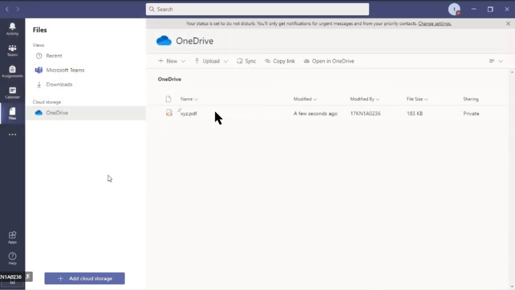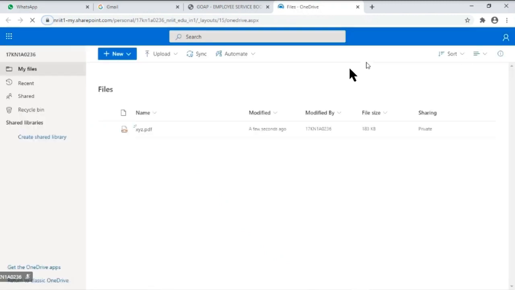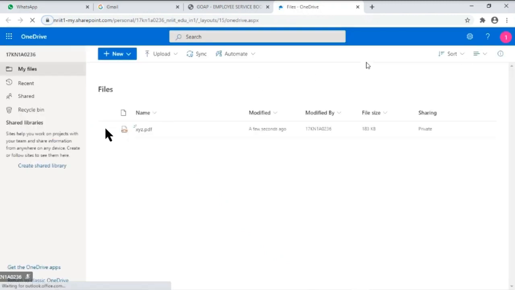So you'll get that file here. Whatever you're uploading, you'll get the list of files here. First, select the file that you want to upload and then open it in OneDrive, and the process is same. Once you open it in OneDrive, whatever we have done in the mobile version, it is same, but this is in a desktop view. Okay, again select this file that you want to upload.